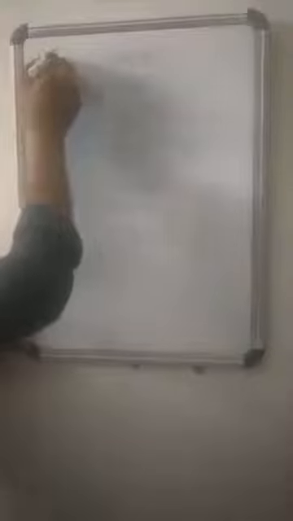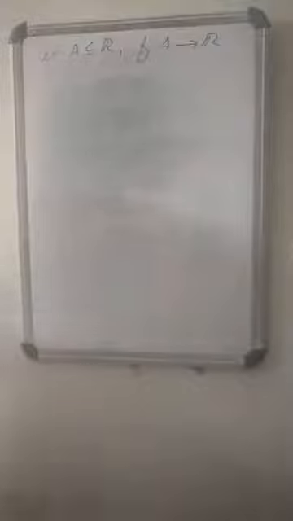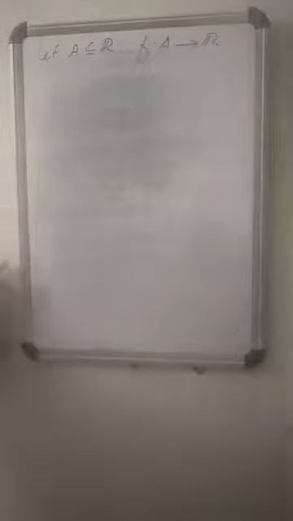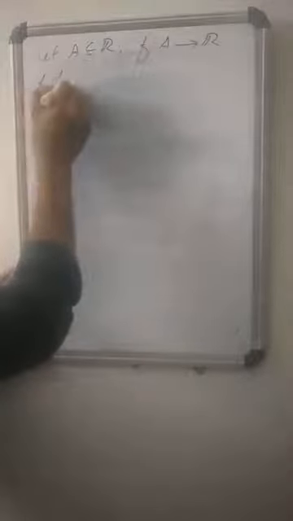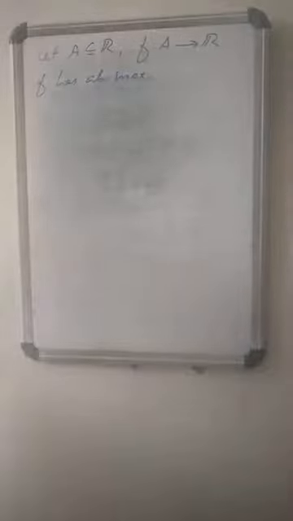Let A be a subset of R, where R means the set of reals, and let f from A to R be a function. Then f has an absolute maximum on A